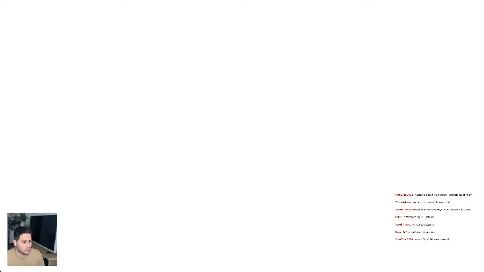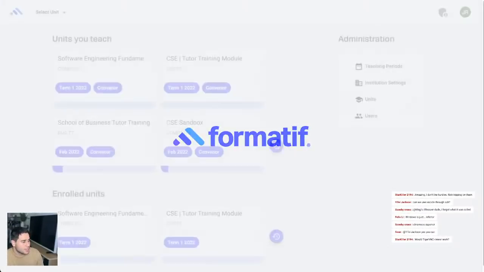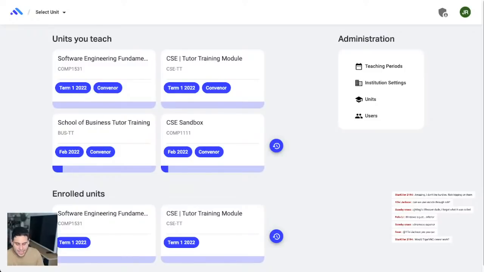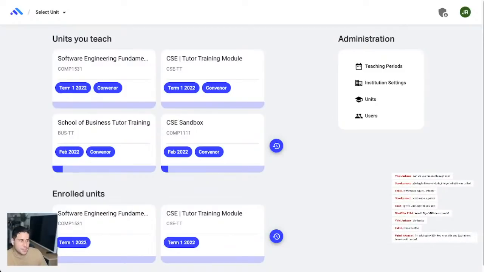And your tutors will run through this in the first tutorial as well. So you'll see in the lab exercises, each week, what we want you to do is you'll be given access to the Software Engineering Fundamentals course on Formative. Each week, there's a check-in lab, a check-in activity. All you have to do for this is submit